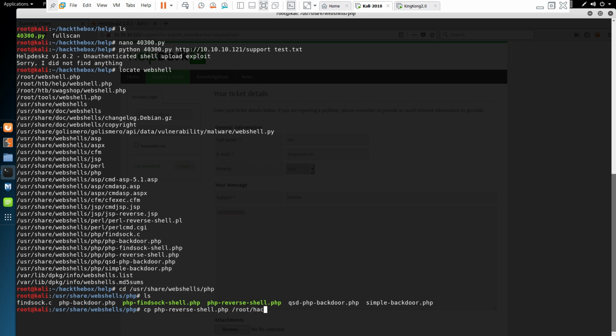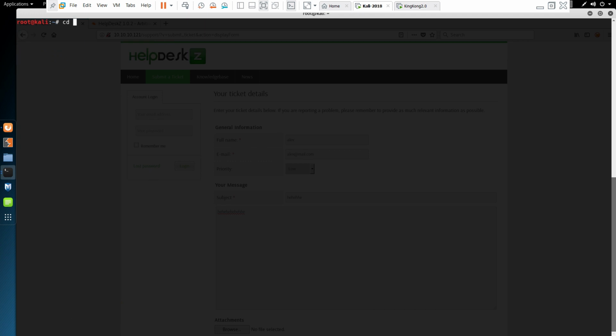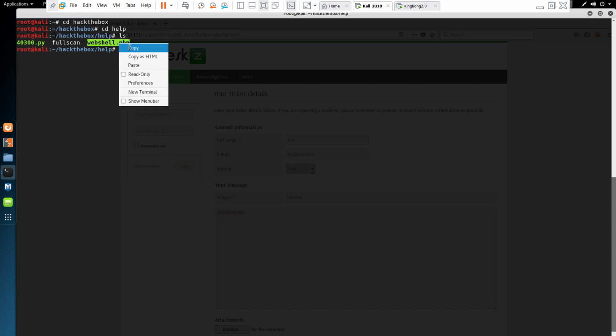So root HackTheBox /help, and I'm just going to name this webshell.php. So now we can go back to that directory. So cd HackTheBox, cd help, list, and then we have the PHP shell. So we're going to make some changes to this. So we could do nano webshell.php,